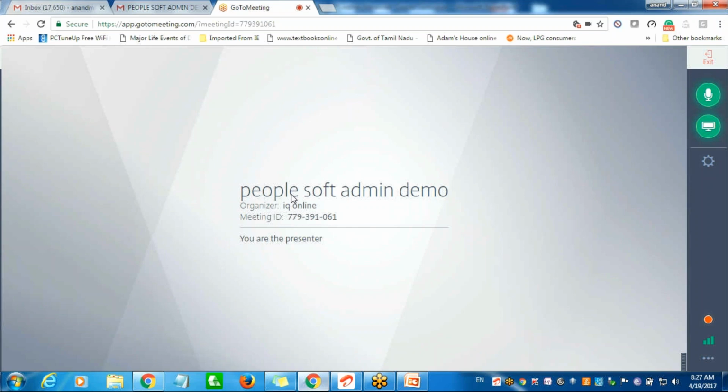Okay, and PeopleTools 8.55, what is the size of the software? Let me check. It is a compressed file size of around 5 GB, for tools only. For application it should be another 1 GB.